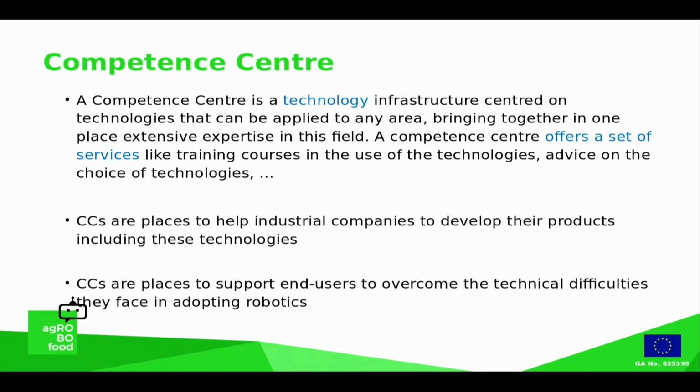So the AgroROBOFood project is a networking project. We are trying to make some concepts a bit clearer for the network. One key organization of the network is the competence centers. We can all imagine what a competence center is: things related to technology and research, which provide technology services to the partners. The partners of competence centers can be industrial companies that want to develop products related to agriculture robotics, and partners can also be end users that need robots to perform their daily tasks